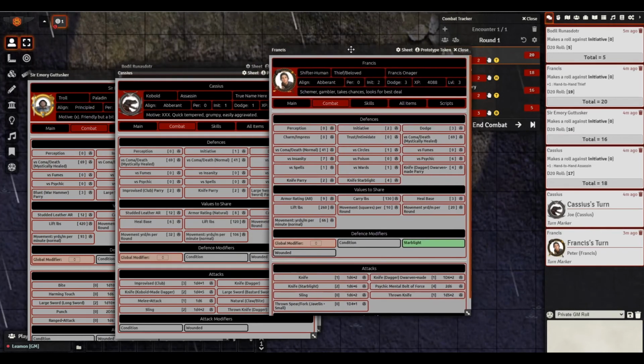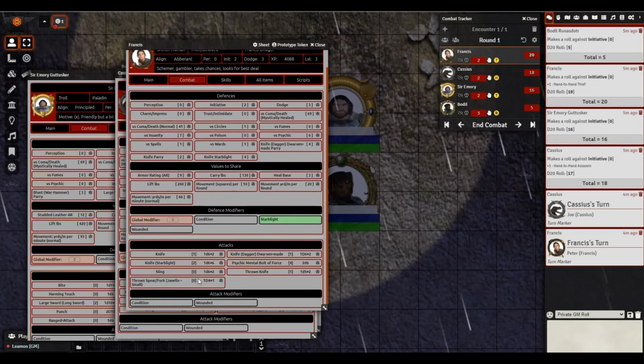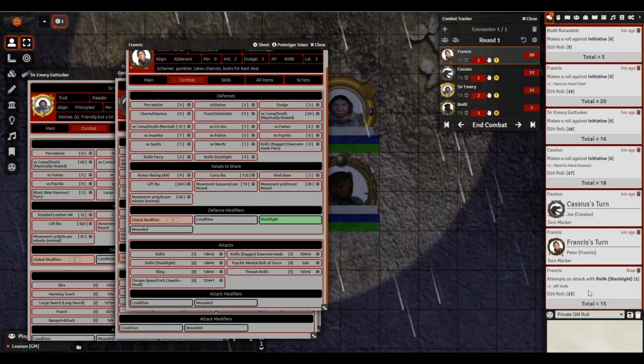Now, if that weapon would go to this person, then I could just drag it and drop it and then delete it off of that character. So you can do that. So she's going to use that weapon. So go ahead, and here she rolled a